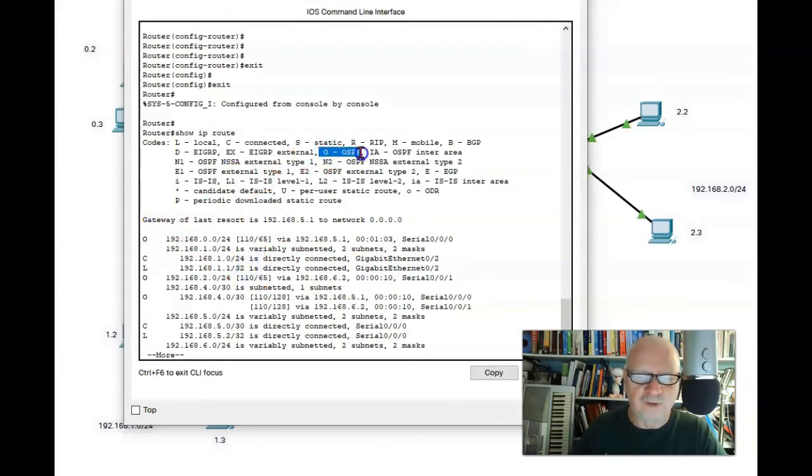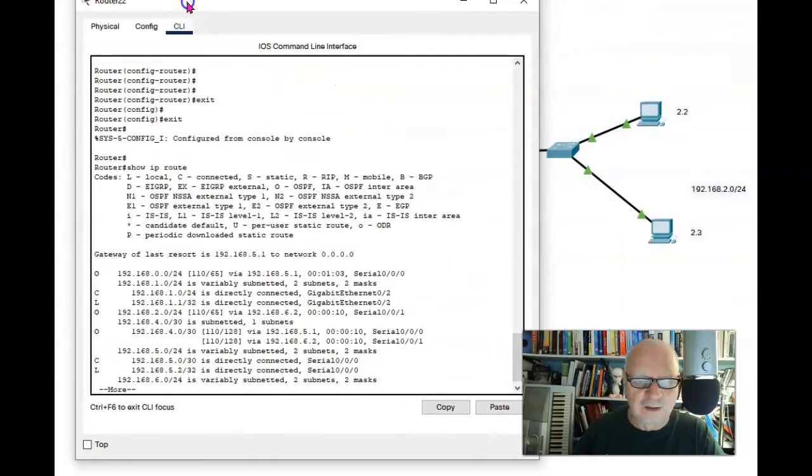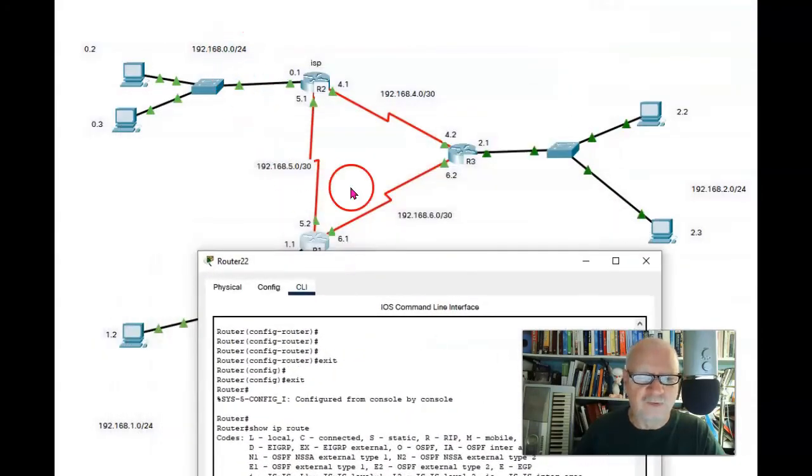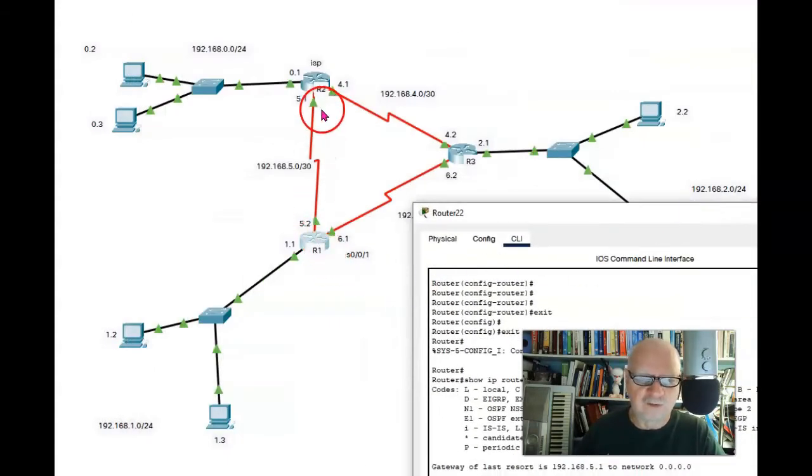So all of the O's are OSPF routes. So we've learned, it looks like 3 different routes. And the first one we've learned here is the 192.168.0.0 network. Okay, now this is this router down here, router 1. Before it didn't know about this 0.0 network, but now it knows about the 0.0 network /24. And then we have a funky number over here. I'm going to get back to that in a minute. We know that we can get there by going to 192.168.5.1. That makes sense. It goes to 5.1 in order to get to this network.